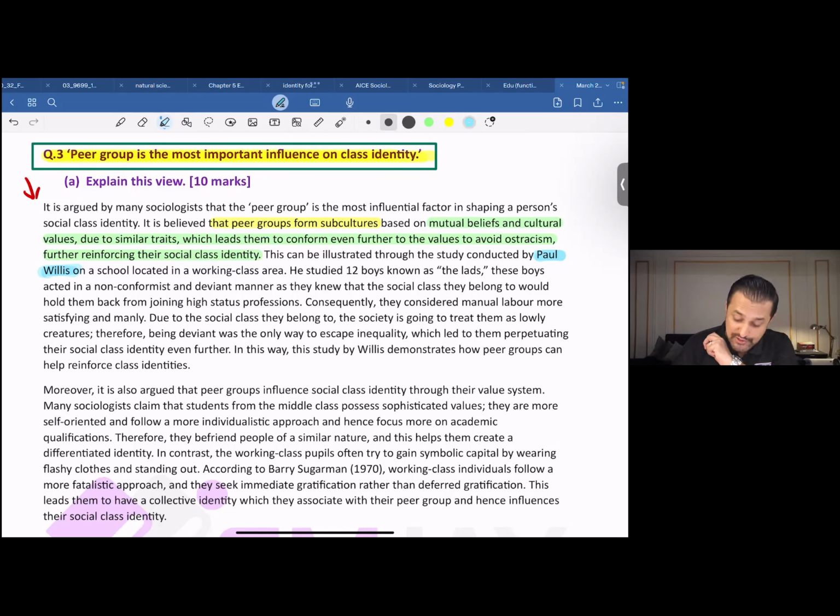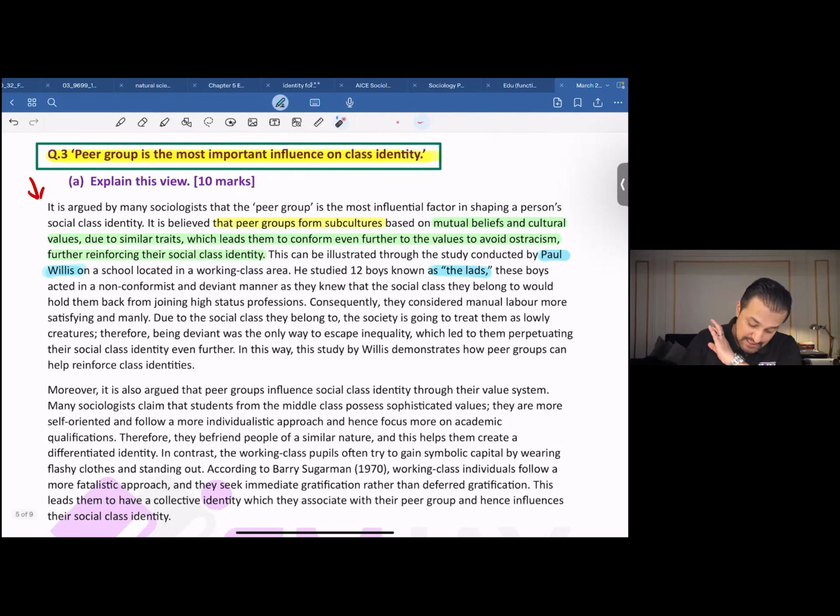So this can be illustrated through the study conducted by Paul Willis on a school located in a working class area in London. He studied 12 boys known as the lads. These boys acted in a non-conformist and deviant manner, as they knew that the social class they belonged to would hold them back from joining high status professions. Now, let me add a bit more to Willis's research, just in case you aren't really familiar with this. So these 12 young boys, whom we're referring to as the lads,